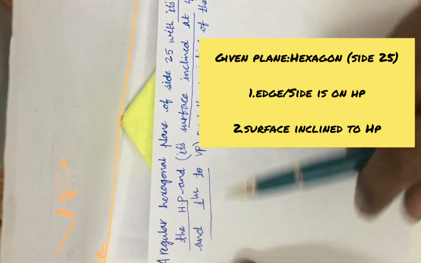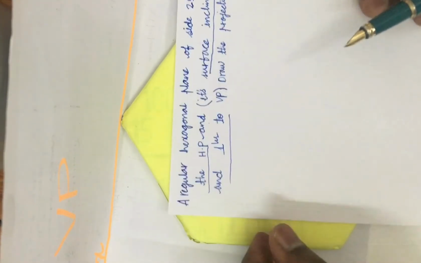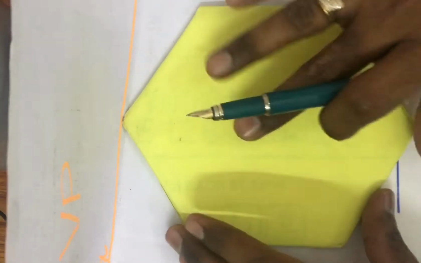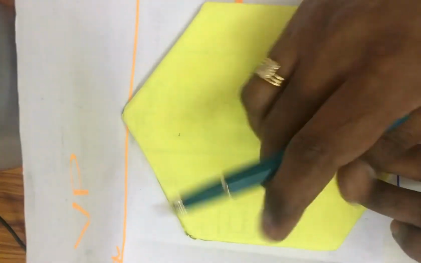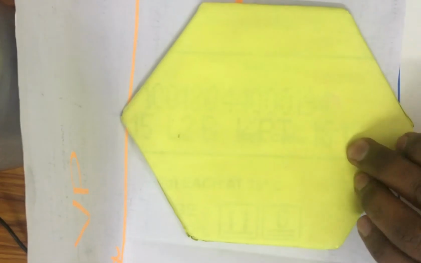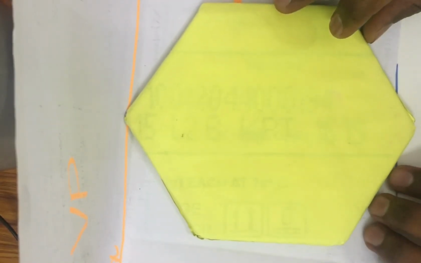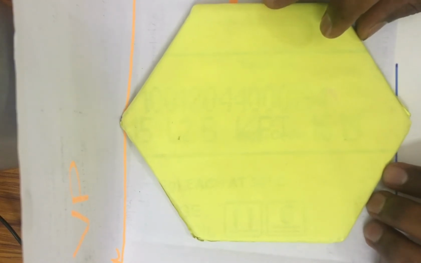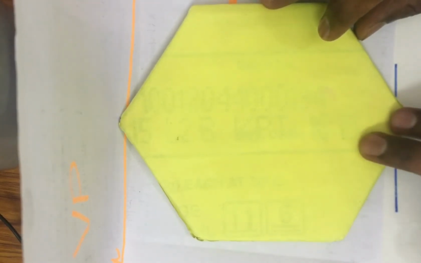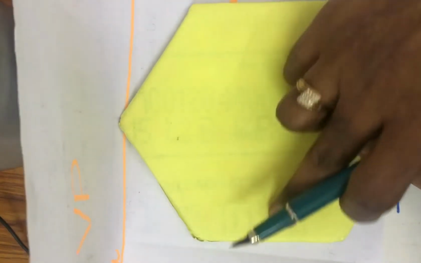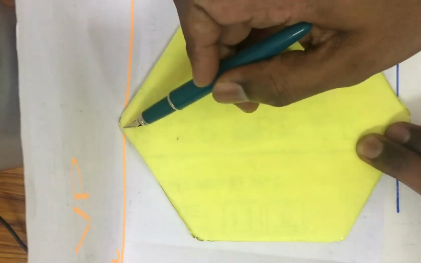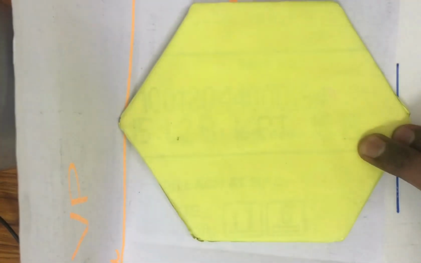Please do concentrate on the part which I am going to let you know. Though the given thing is a hexagonal plane, a hexagon has 6 sides: 1, 2, 3, 4, 5, 6. If you don't know how to draw a regular hexagon, it is uploaded on my channel. Please go through it. The question given is that a regular hexagonal plane of side 25, with 25 side, we